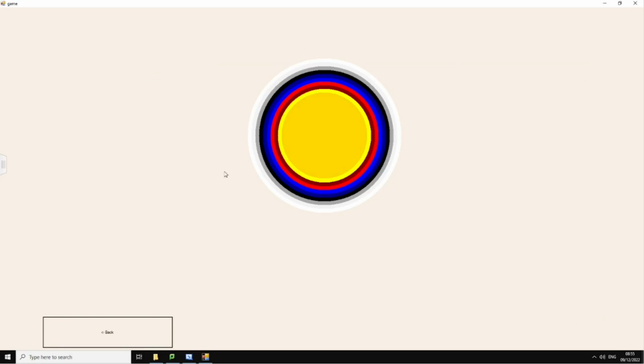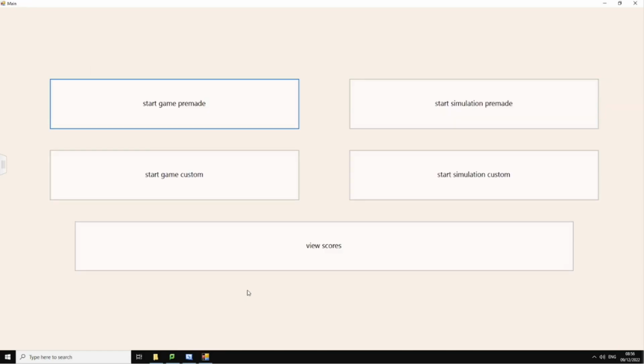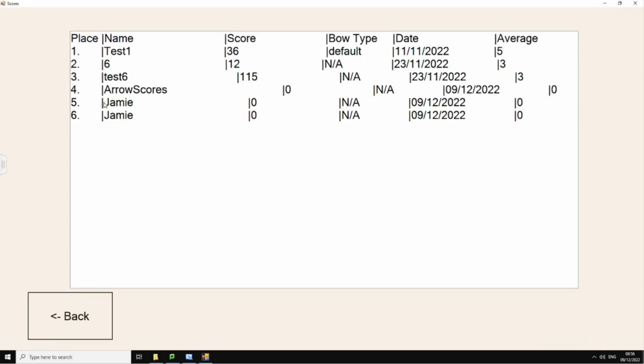Target face is drawn correctly, and once 6 arrows are shot, which was specified previously, it then scores, which also does not work, and scores can be saved if a correct name has been put in. These scores are then displayed later here